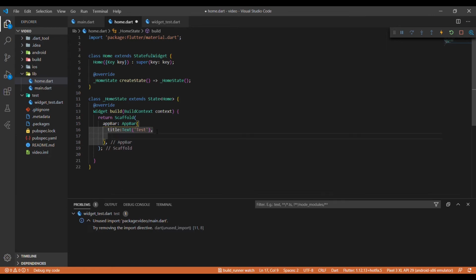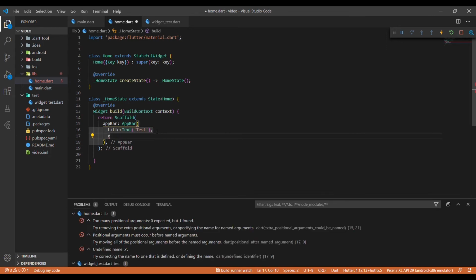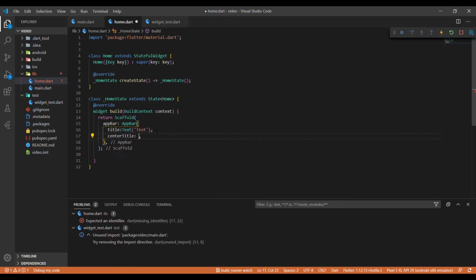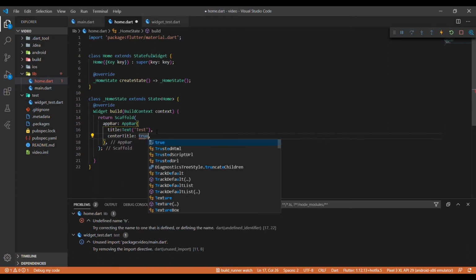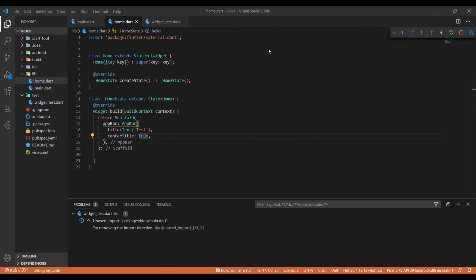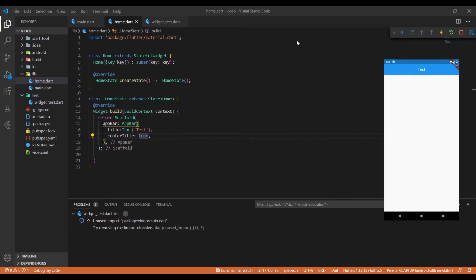You have to just call something known as centerTitle, and centerTitle takes a boolean as a parameter. Boolean means it takes only two values, true or false. If you need the text at the center, you type true, and if you sync it, you can see that the test has appeared at the center portion of the app bar.